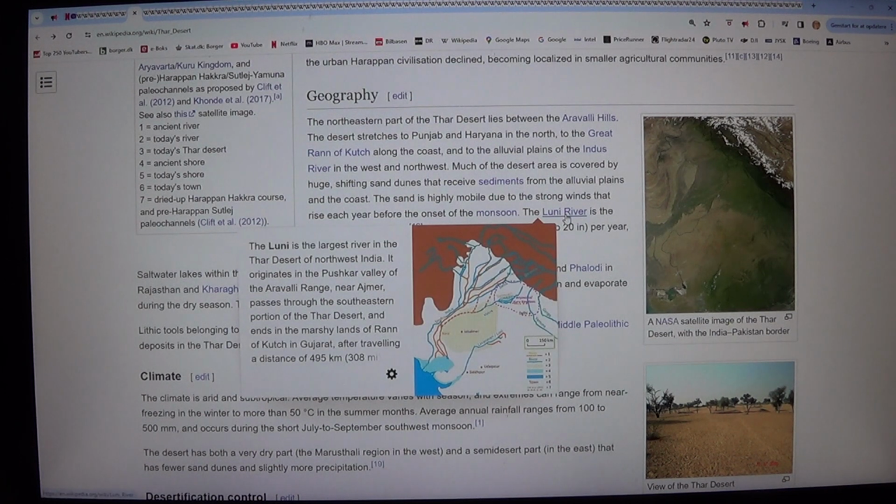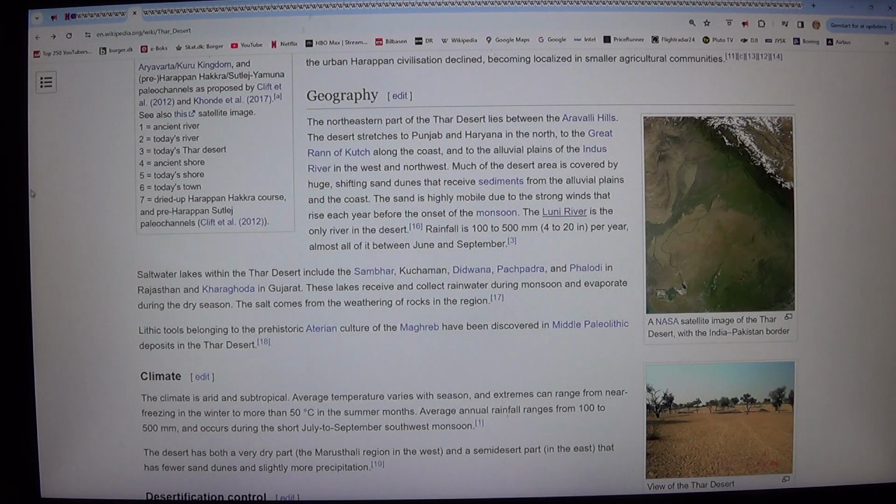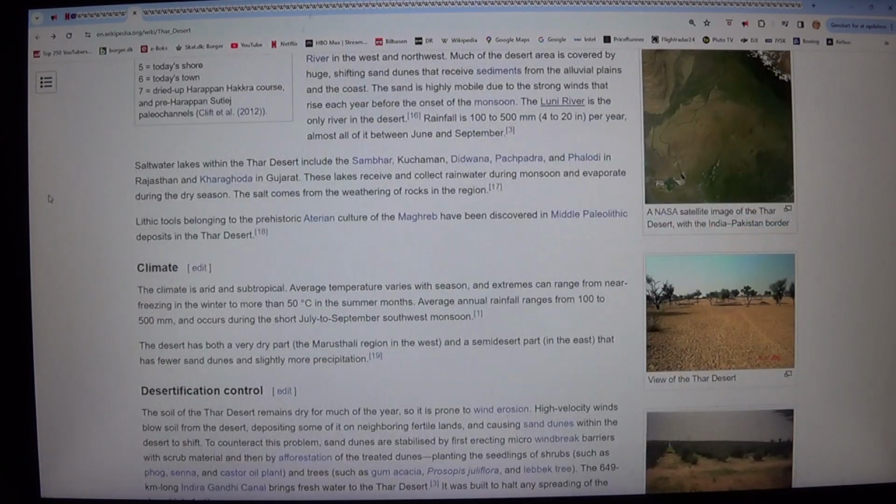Rainfall is 100 to 500 millimeters, 4 to 20 in, per year, almost all of it between June and September. Saltwater lakes within the Thar Desert include the Samar, Kukaman, Didwana, Pakpadra, and Phalodi in Rajasthan and Karahuda in Gujarat.